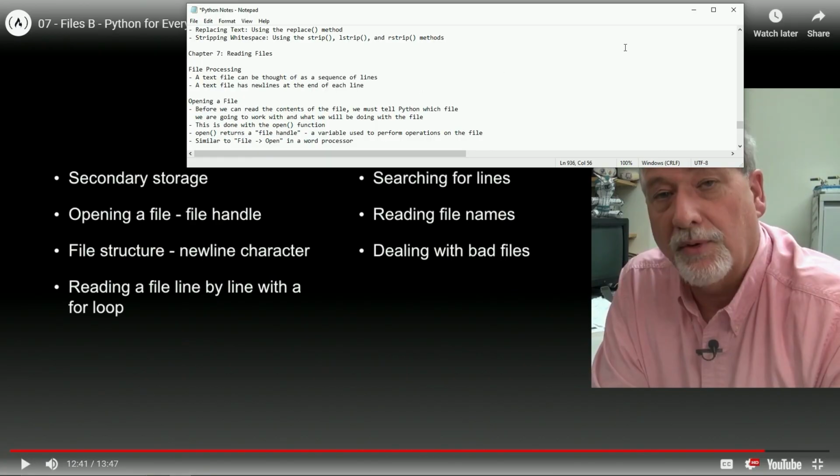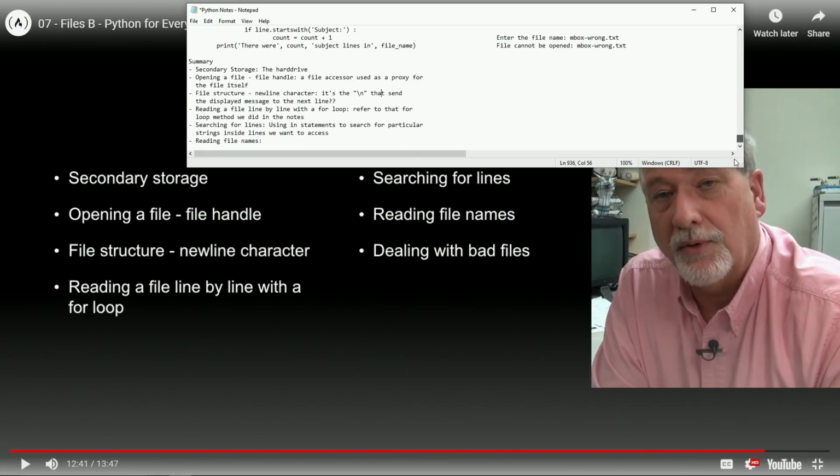Using the open function, right? Is that using the open function? Yeah, using the open function to read file names. Yeah, we can do that.